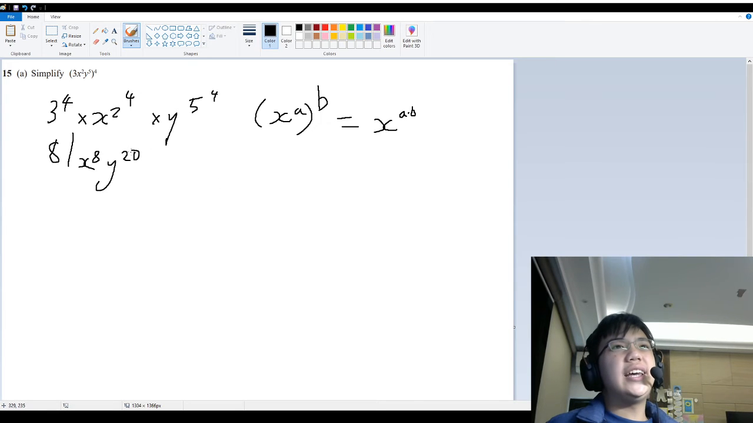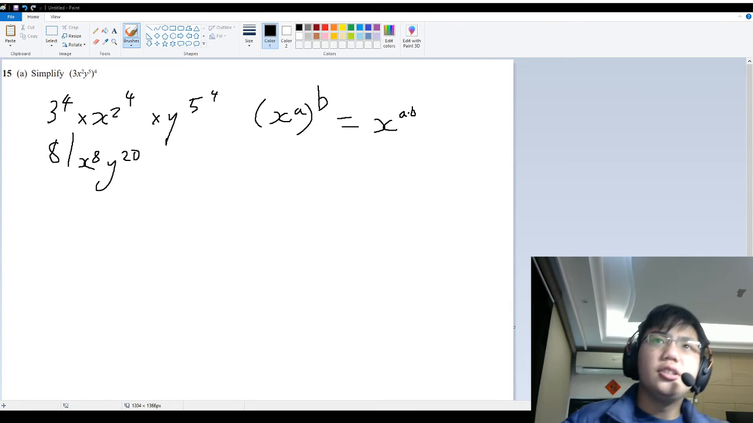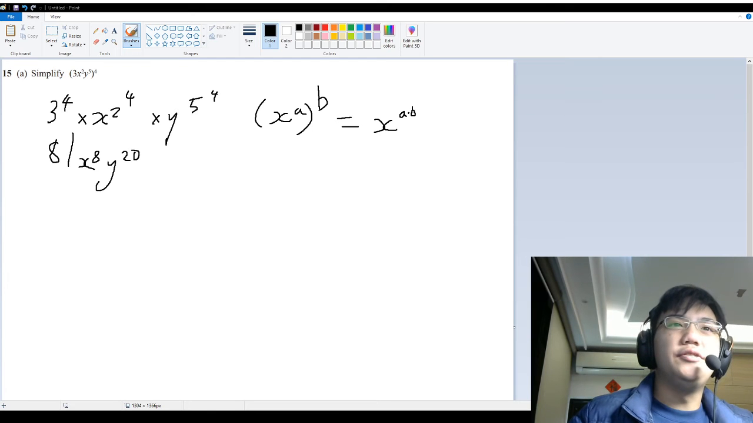So 2 times 4 is 8, 5 times 4 is 20. You should remember this from your times tables from when you were younger. Now for part B of this question, we need to expand and simplify